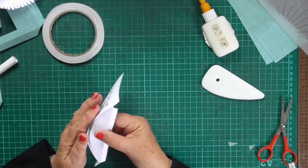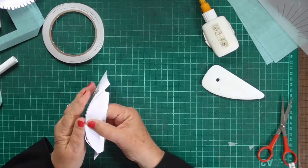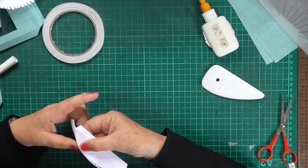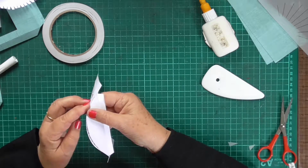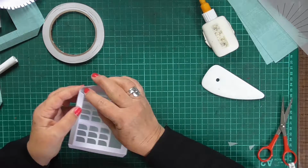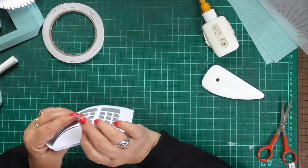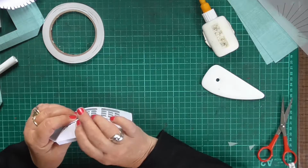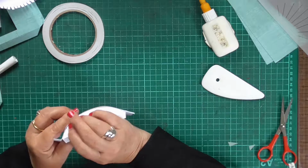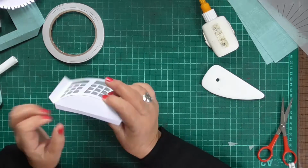And then from the center, just push it together so that it meets. Now on another house I did use glue, and that works as well, but I did find it a little bit messy. And it works with tape just as well. So I'm just pressing it from both sides, from the inside and from the outside, just pressing it together, and